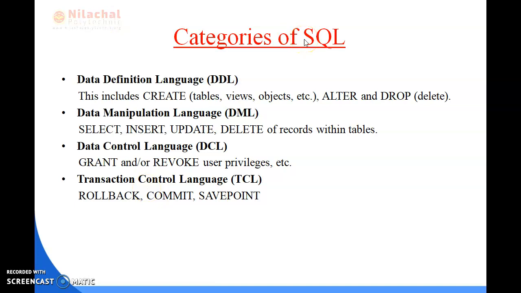So these are the different types of SQL commands, 4 types: DDL, DML, DCL and TCL. These are used for the operations of the database. This is the structure of the database, and this is the manipulation of the database. This is the permission giving or taking back for manipulating or creating something in the database, and this is the transactions: rollback, commit and savepoint. These are all about the SQL queries that we are using in the server side scripting language. Thank you.